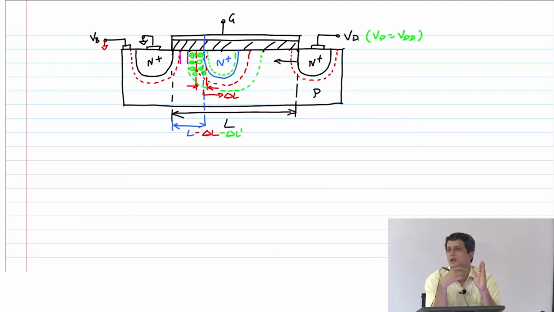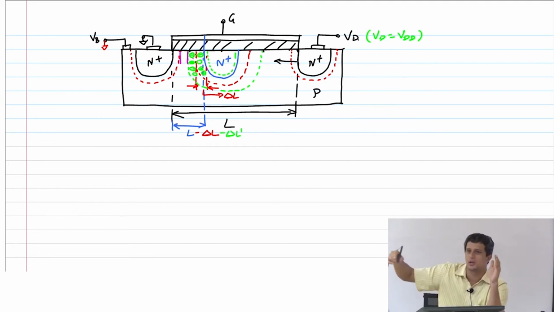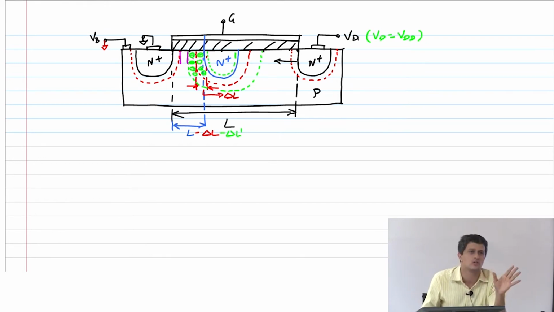This is not what happens physically. Physically you have to explain it through energy barriers and all that, which is not necessary for this course. Just understand the intuition behind this and it will be more than sufficient. Okay, that's more important here. So effectively the gate now has to do less work in order to invert the channel, and therefore the threshold voltage will come down, which means now the channel length has come down, the threshold voltage also has come down,